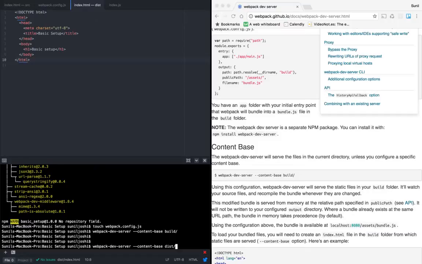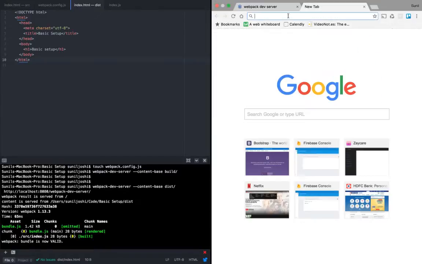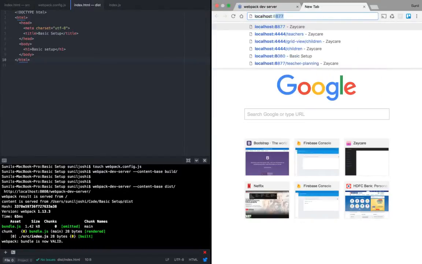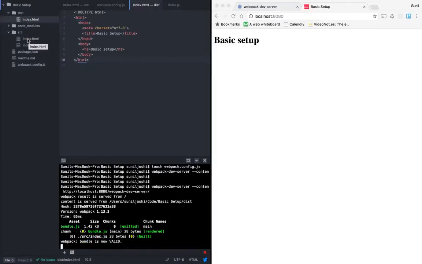If I run this, yep, it's saying that it has created a bundle.js, and the bundle is valid, right? If we browse localhost 8080, yep, we can see the index.html is being served, right? So this index.html is getting served, not from the source.